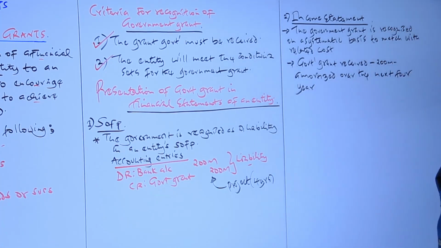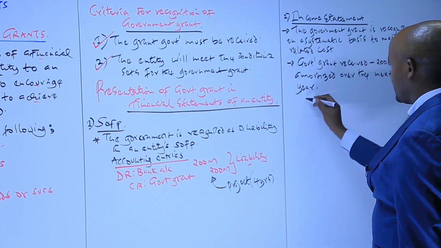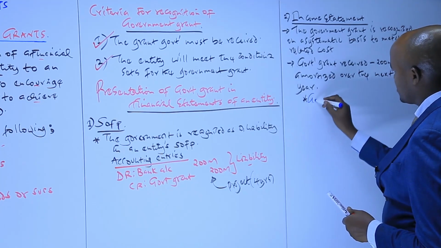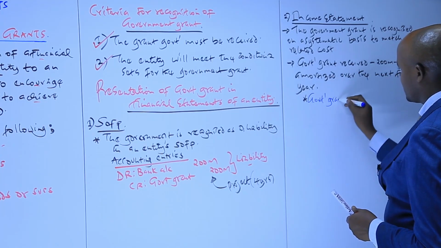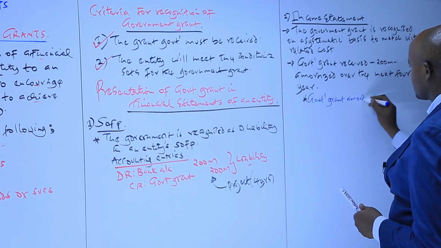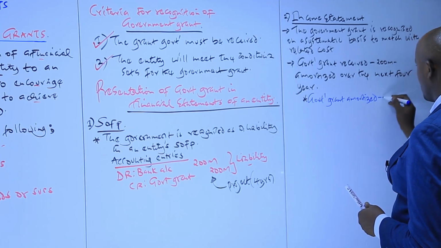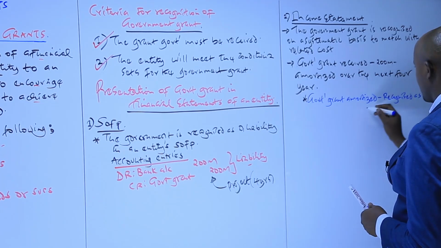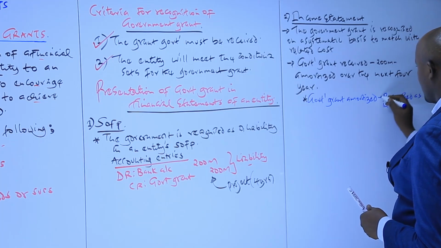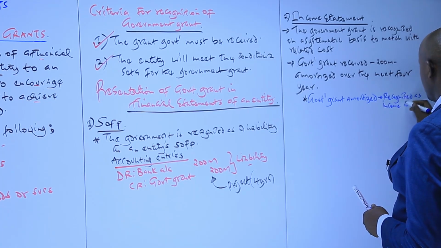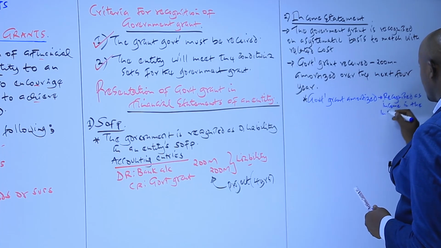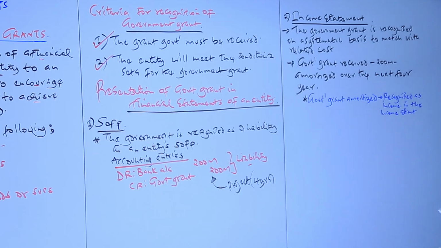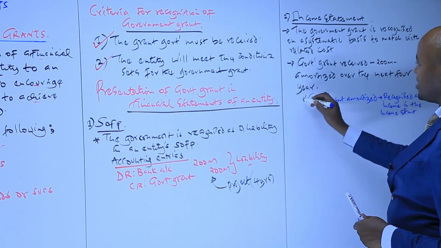And once it is amortized over the next 4 years, the government grant which is amortized is recognized as an income in the income statement. And any related costs,